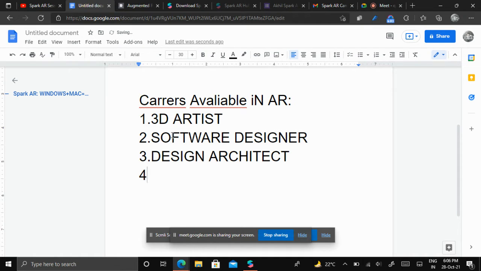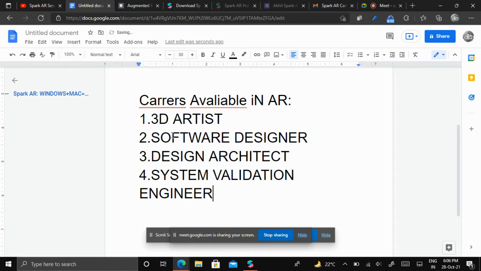The fourth one is system validation engineer. The fifth one is software developer. These are the core branches where careers are available. There are many available careers, but these are the major ones. Getting the point?